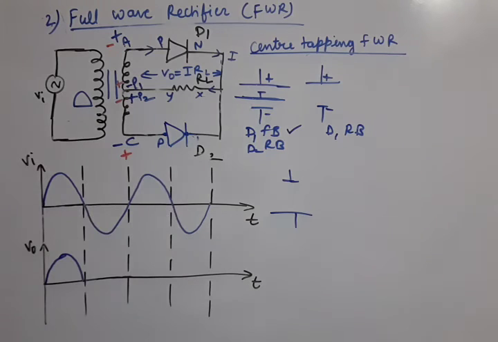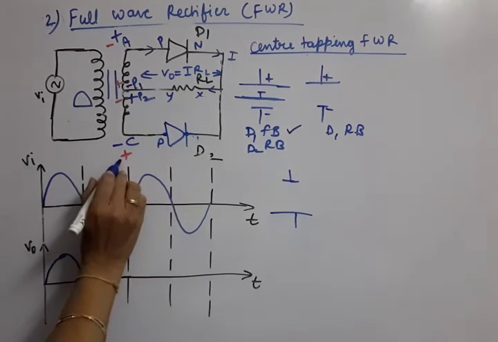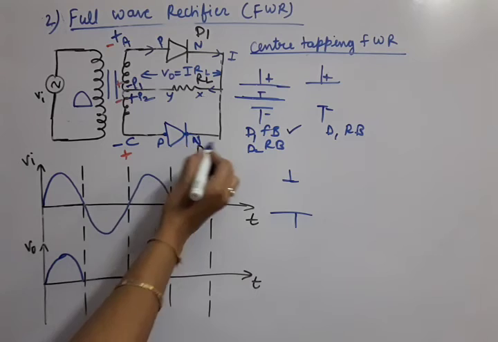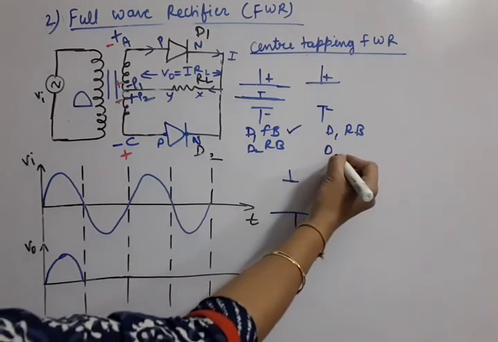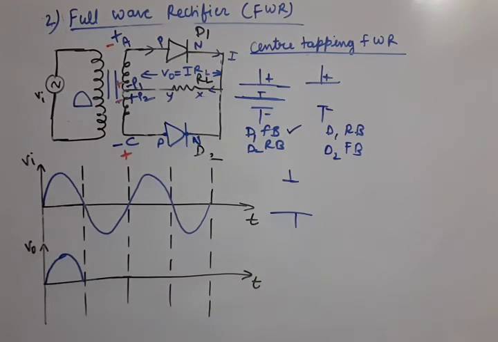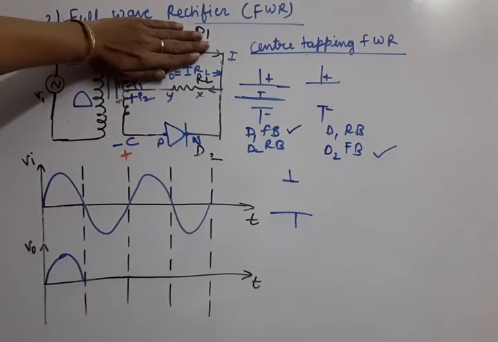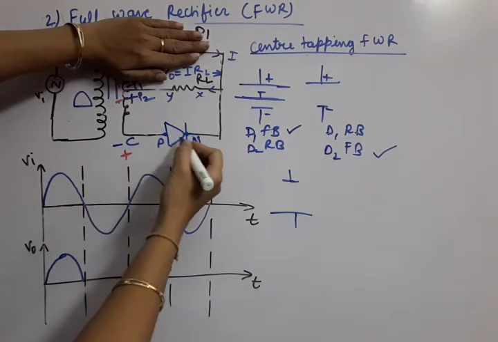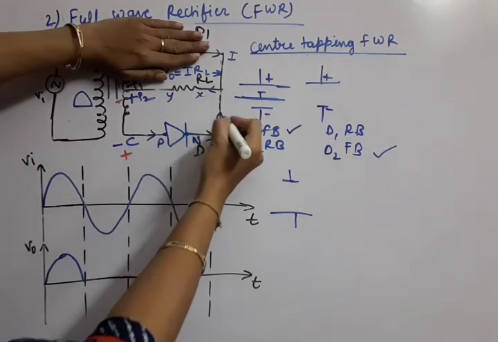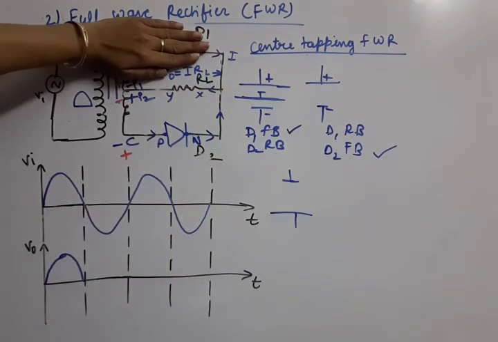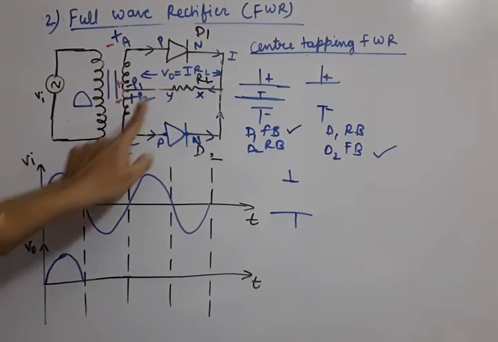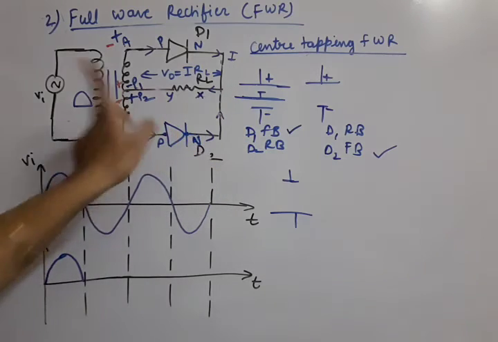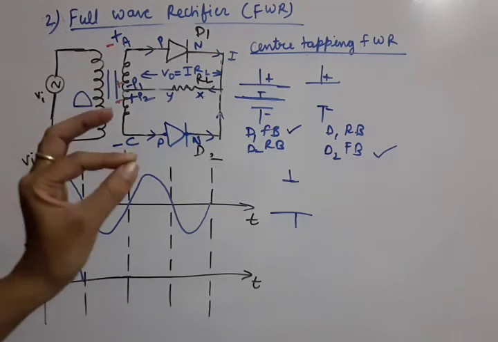And let us talk about the D2 diode. P is connected with positive, N is connected with negative, so diode D2 is forward biased. So which diode will conduct? That is D2. D1 will not conduct now, so it will become an open circuit. Only D2 will conduct, from P to N. Again through the load the current flows in the same direction, X to Y. Earlier also the current was flowing X to Y in the load, and now also it flows from X to Y. So current is not changing direction. That is important.